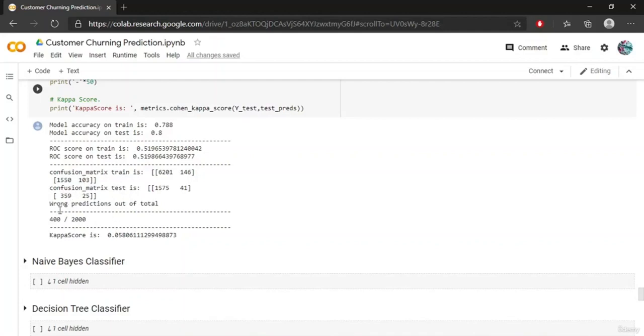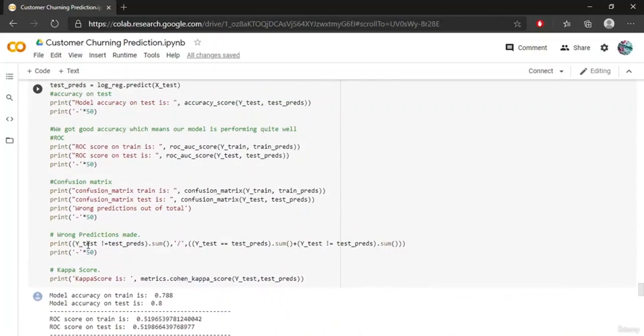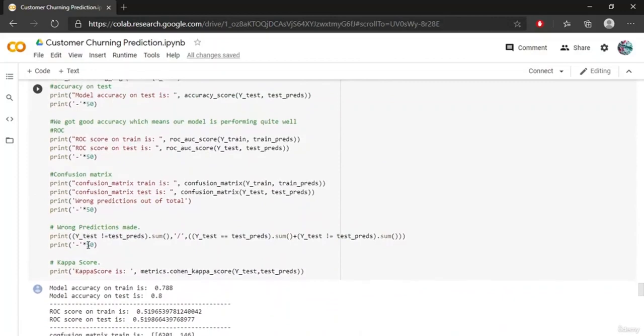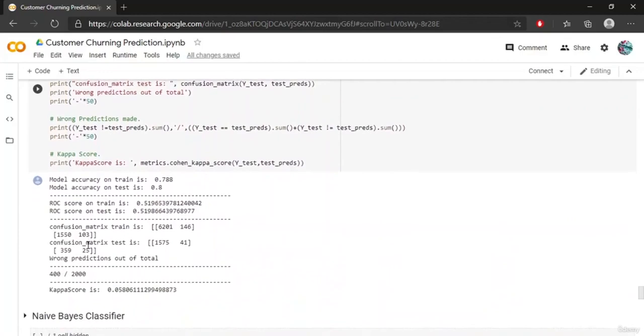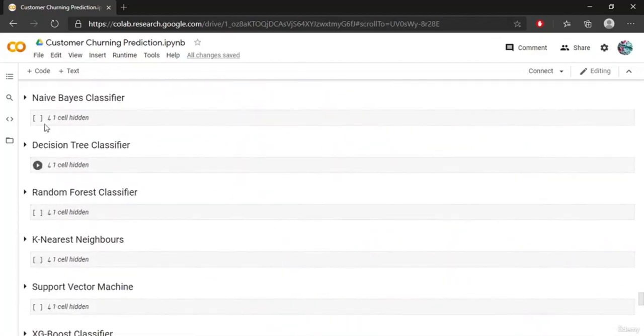As you can see over here, the total number of wrong predictions made by the model is 400. So this will show us that 400 predictions made by the model are wrong, and over here this is the total number of predictions made by the model. And this is the kappa score, which is 0.05. So this model is not very good. Let us compare it with the other models, and we'll compare all these models' evaluation metrics to find out which model performed very well. The next model over here is the Naive Bayes classifier,